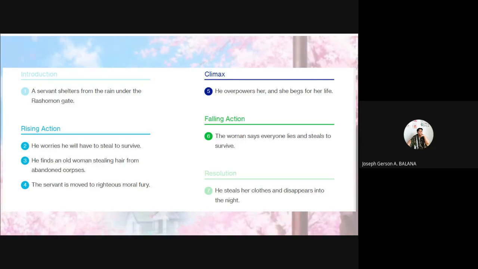Okay? Number 5. Sir, if you were the samurai's assistant, how would you deal with the old lady? If I were the samurai's assistant, sir, I will confront the old